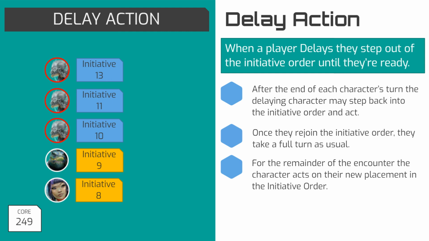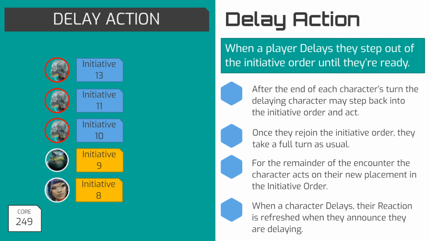a readied action. Two last things to note about delaying: this does not consume any actions that turn. Sometimes people refer to delaying as, quote, taking a delaying action, but just remember, you don't spend any of your actions to delay. Also, in the case where you may have taken a reaction on the turn prior to delaying, you get your reaction back at your original initiative score when you first announce that you are delaying. So you don't have to wait until you jump back into the initiative order and stop delaying to get that reaction back. This way, if something happens between the start of your delay and when you finish delaying, for example, if an enemy provokes an attack of opportunity during that time, you will have your reaction back and can use